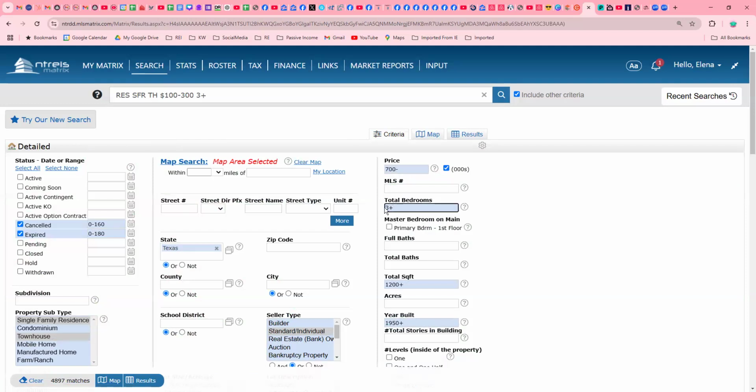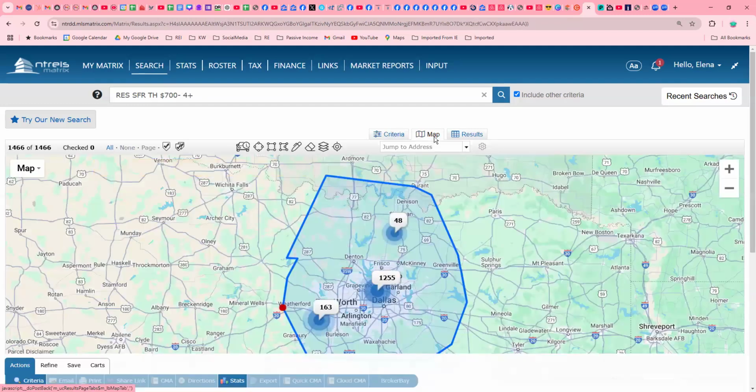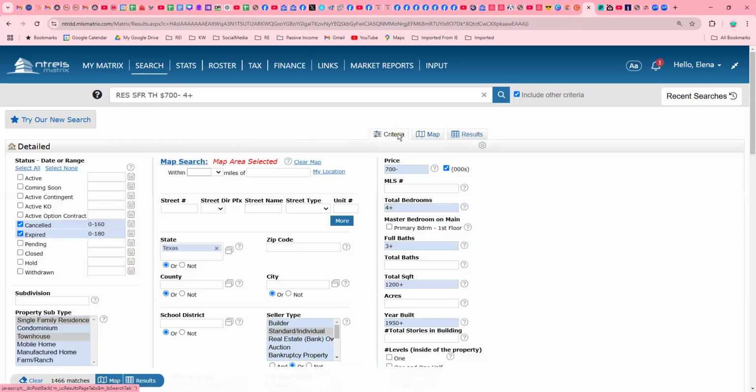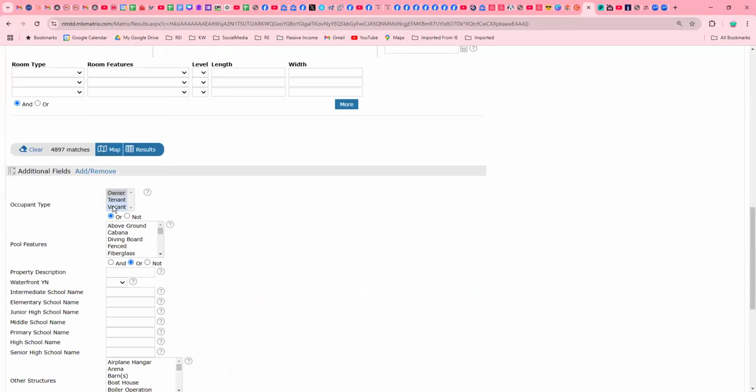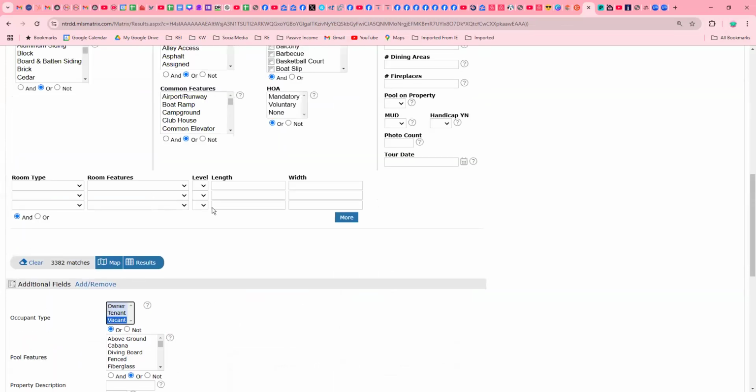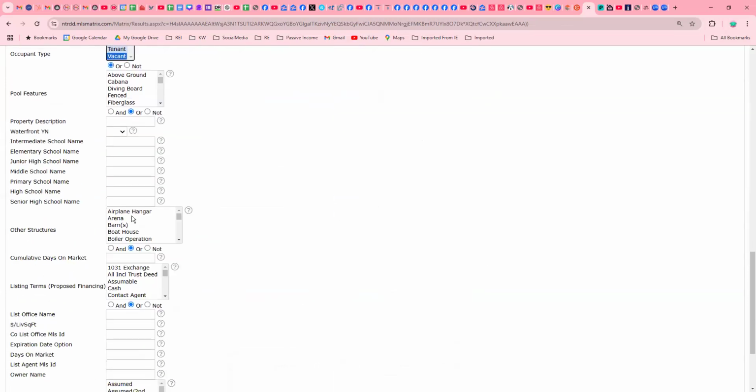If you're looking for specific configurations, so for example, 4 bedrooms and 3 baths, you could do that, and then you could immediately narrow down the number of properties that could be within your list. I'll just keep it in default configurations for now. And let's just say that you were looking specifically for properties with pool, or property that are vacant, or property that have some additional structures attached to them.